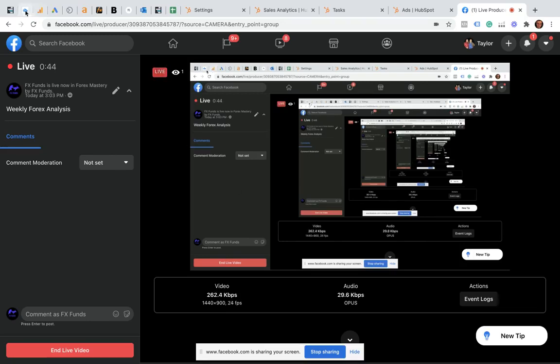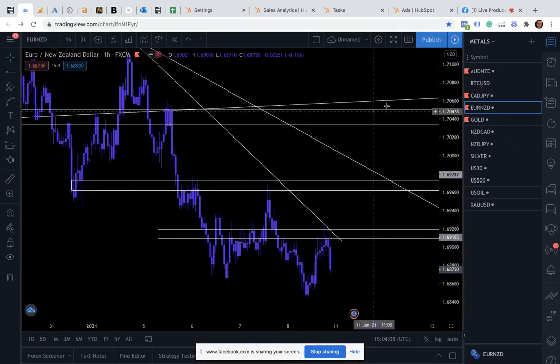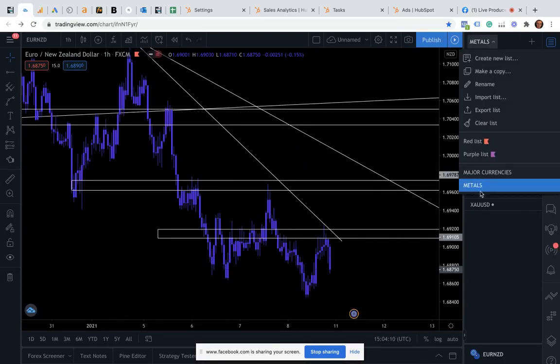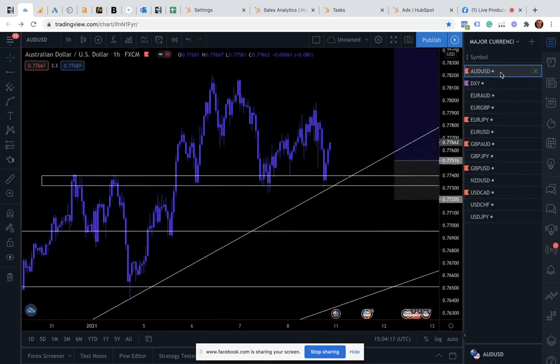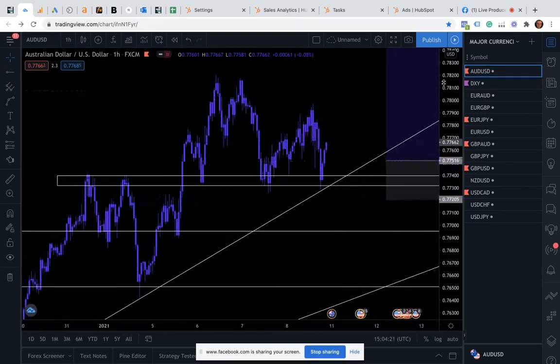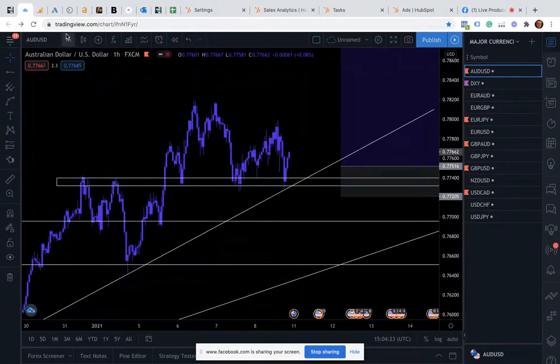So if we just go over to TradingView right now, I'm going to show you exactly what we do from start to finish, and we'll start off by going over the dollar pairs. So there are a couple of interesting ones right now. Aussie US dollar we're in right now. I'm thinking about maybe closing this position, because if we start out on the weekly,